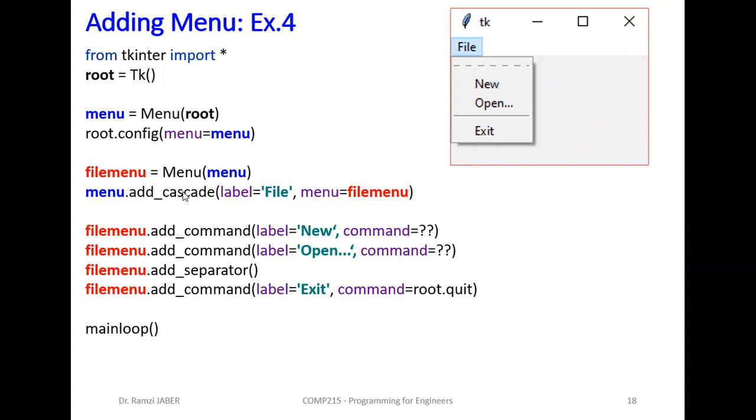So this is essential to create this menu. Then you can add as you want commands, button, check button, label, separator, whatever you want here by this command. Okay,